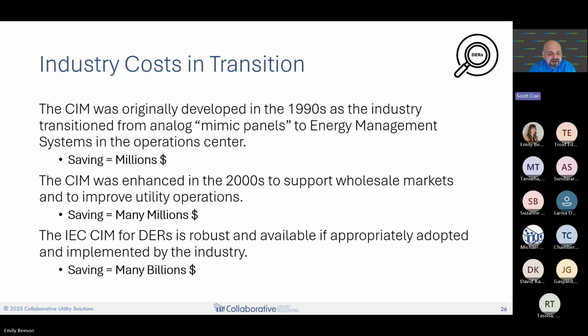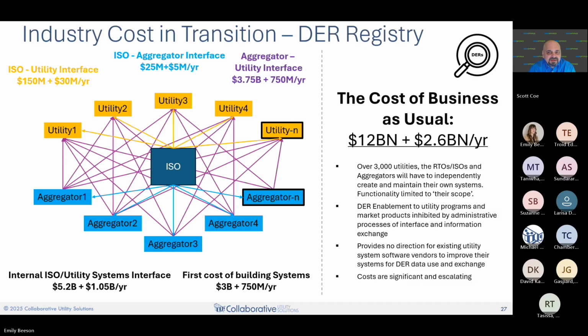But if you think about now, thinking about this into the final stage where we have literally millions of devices that may be communicating, there is the bottom up. You can think about billions of dollars of potential savings if we can standardize some of this. All right, so where we get those numbers from here is looking at utility interfaces, and we've done a little bit of bottom up estimating on what that might look like.